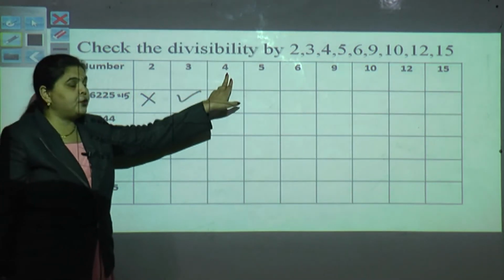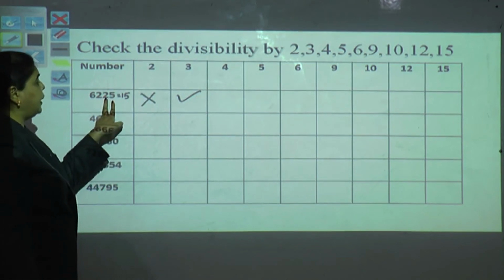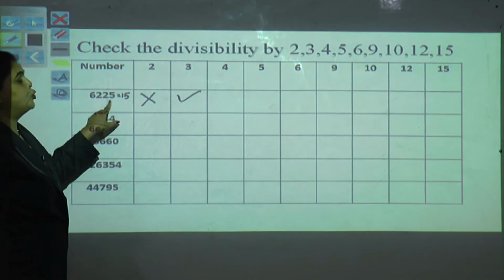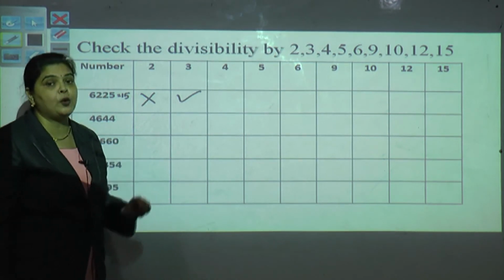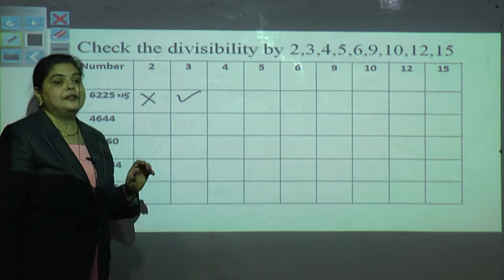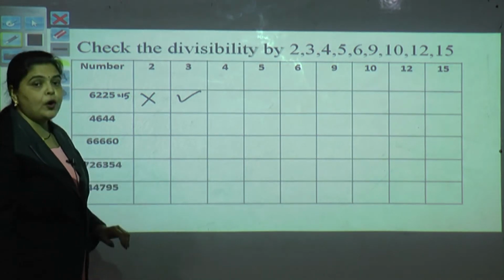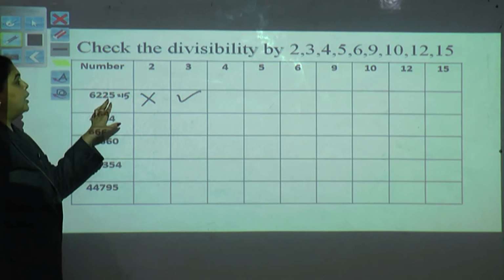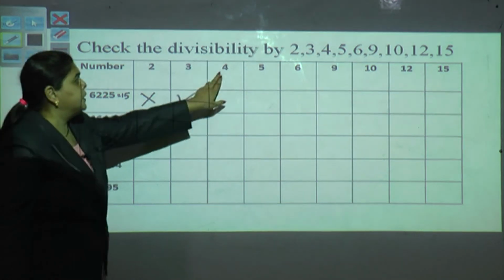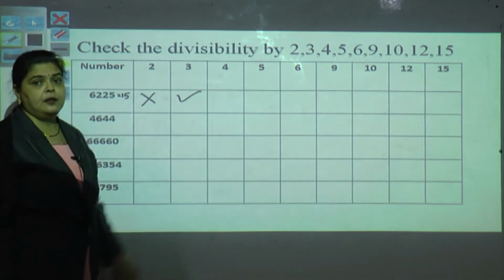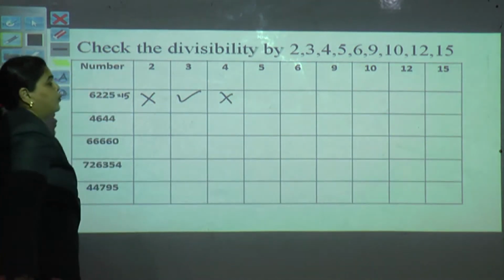What is the divisibility rule of 4? Yes, the last two digits, that is the ones and tens, should be divisible by 4, giving a remainder of 0. Means that when you divide that number by 4, it should give 0 in the remainder. Then only we can say so. It is a very small number. In short, I will say, can you get this 25 in the 4 table? No. So this number is not divisible by 4.